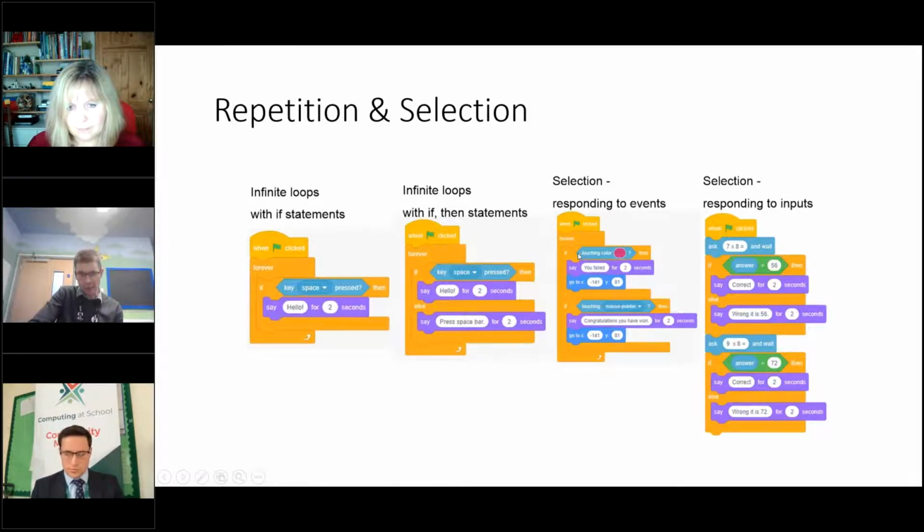Then we might move on to, so this example here is looking at a maze game, and if we're looking at the color red, so the color red is the color of the outlines of the maze. So if they touch that, and then it says mouse pointer there, but that should be the name of a sprite, and there's a sprite at the end of the game. Normally we would set it to something like winner, so that the children know when they're looking for that. So, and again, using the forever loop.